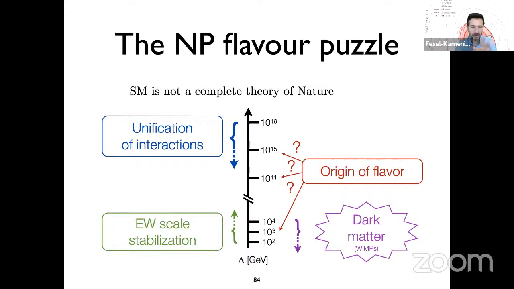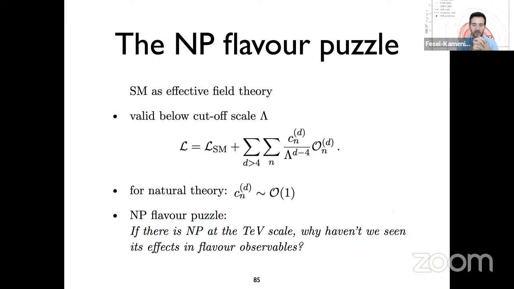I'll come back to this picture later when we discuss the origin of the flavour problem. But consider now the standard model as an effective field theory, so valid below some cutoff scale. So in terms of our terminology that we used before, below some heavy particle threshold mass M, capital M. Now we can write the effective theory where the standard model is just the low-energy limit of such a full theory,